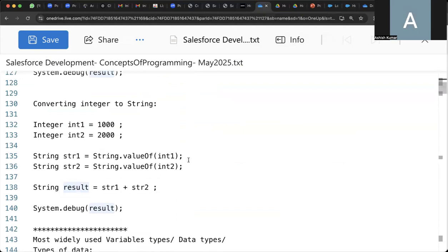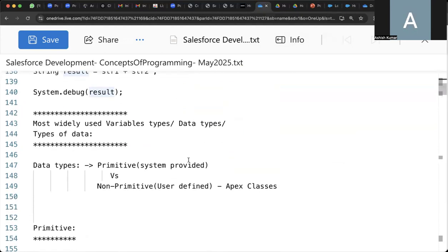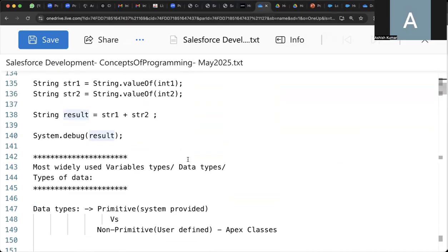Converting string to integer, integer to string, we have done. So what are the most widely used variables and data types? I think we will take this to tomorrow. The widely used data types are primitive and non-primitive data types. This will take one session. So for today,